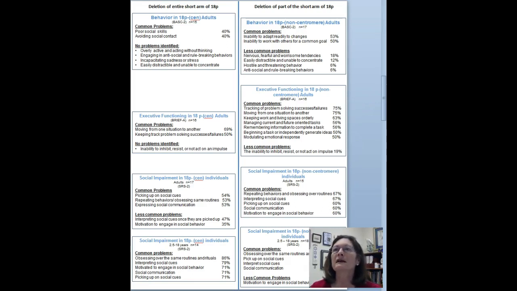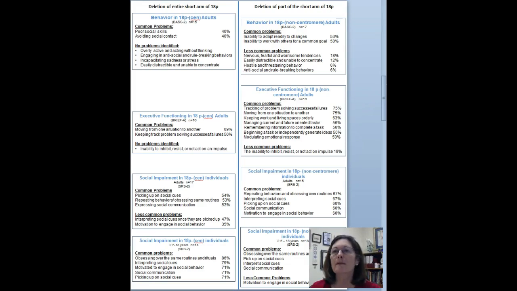This is several kinds of information. The group on the left are people with deletions of the entire short arm. So this is the people with the deletions at the centromere on the left. And on the right are people with deletions of only a part of the short arm. So even though the numbers aren't significantly different, I think you can just read through the list and see,